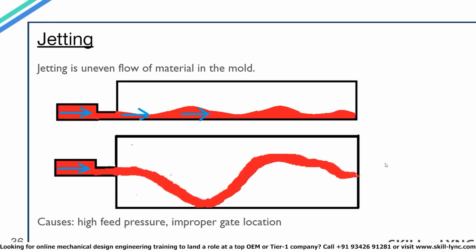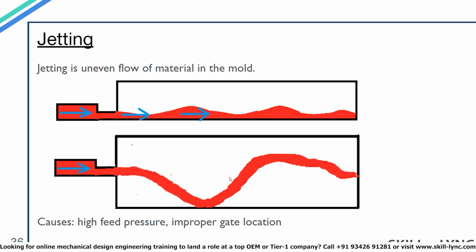Now we will look at jetting. When the molten material is passed through the gate with a very high pressure, it is sometimes possible that instead of uniformly filling the cavity section, the flow will have a wavy snake-like pattern which you see here. This is not a desirable way of molten material filling the cavity, as this leads to weak parts and also